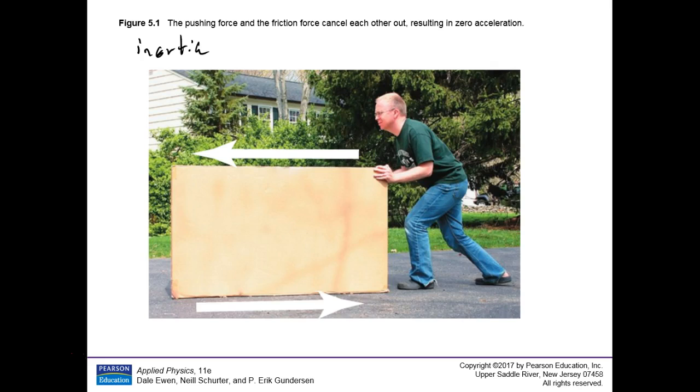It's the property of an object to remain at rest if it is at rest, or to keep moving at a constant velocity if it's already moving. Think of, I'm rolling a bowling ball to you. If you don't move, you get hit, because nothing's going to change that bowling ball coming to you. It's got that much inertia coming at you, okay? So, inertia is that property. And that basically is Newton's first law.